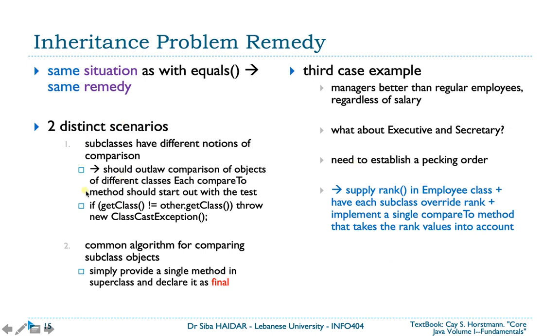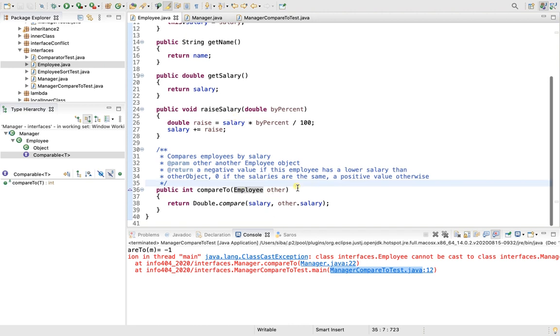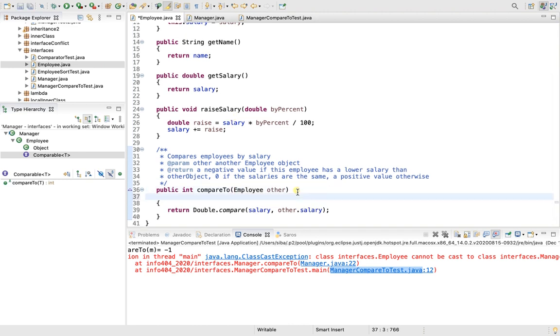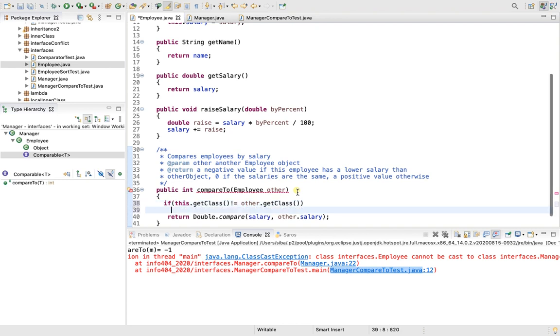So we will now see in coding the two distinct scenarios and the third case example. Let us see the first scenario. Subclasses have different notions of comparison. If subclasses have different notions of comparison, you have to compare the getClass results yourself. So you go to the Employee class, and the compareTo should not begin like this. I will begin by comparing the classes. If this.getClass is different than other.getClass,